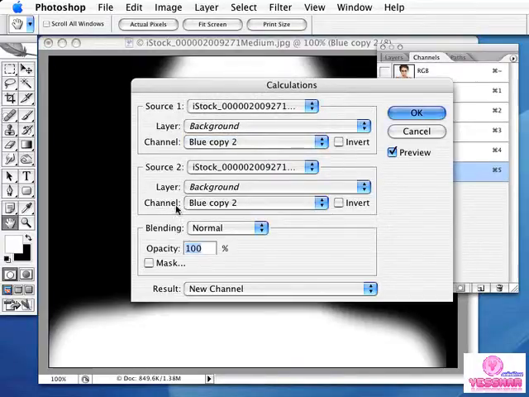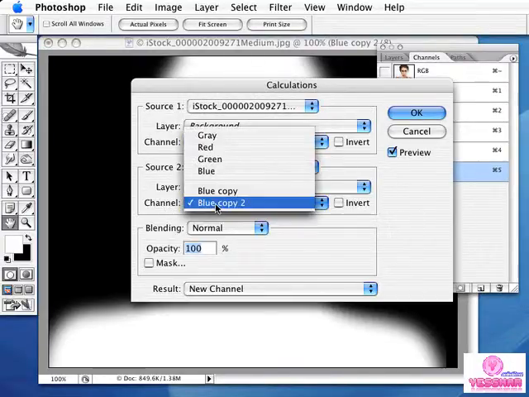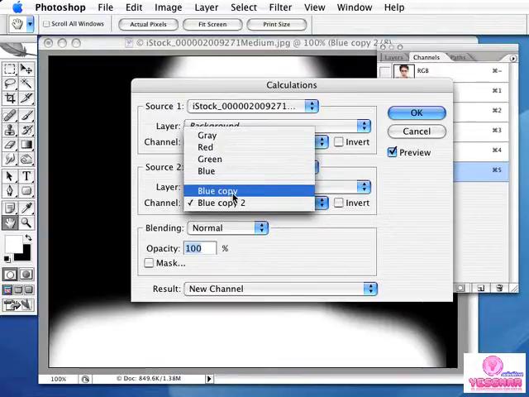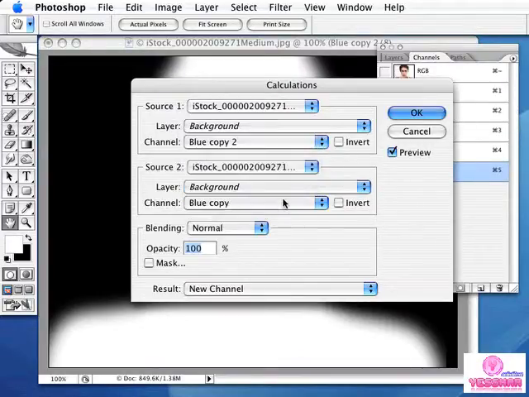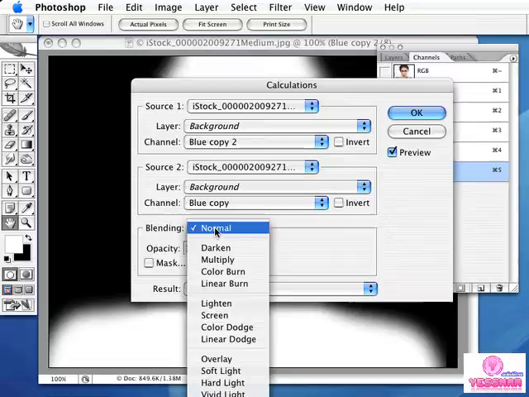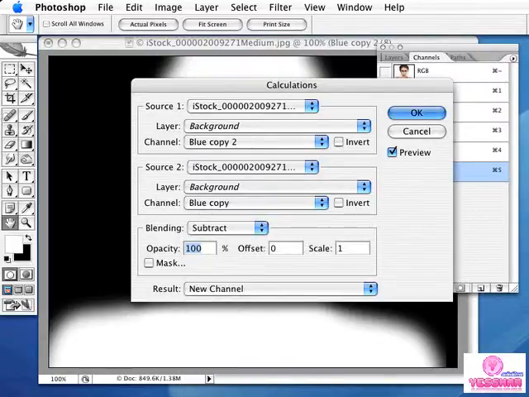We're going to change the Source 2 channel to the blue copy, which is the unblurred alpha channel mask. The way we want those two channels to interact is through our blending setting. It's off screen here so you can't see it, but down toward the bottom is a blending mode called Subtract. I'm going to activate that,